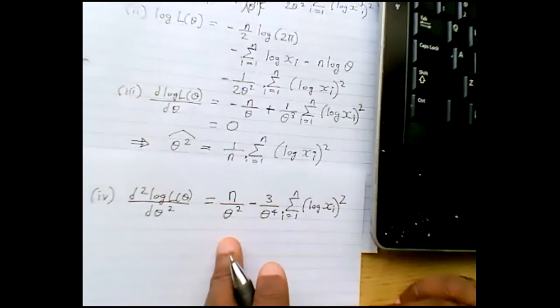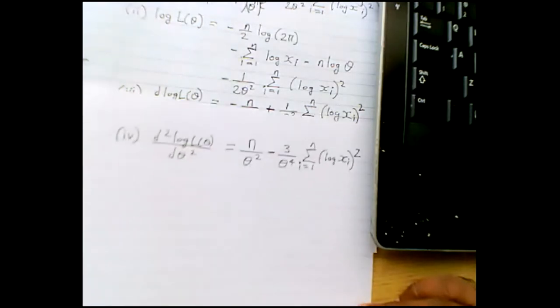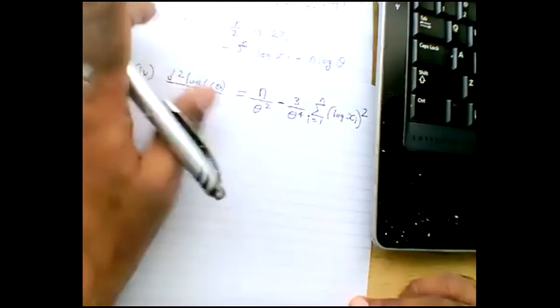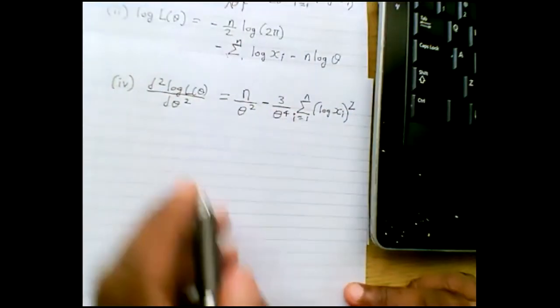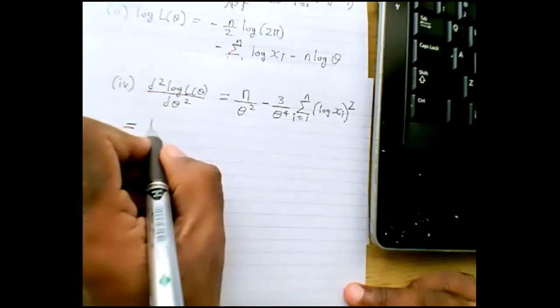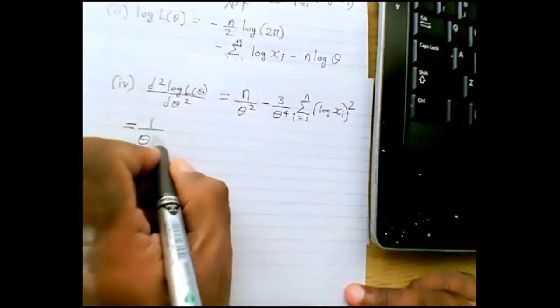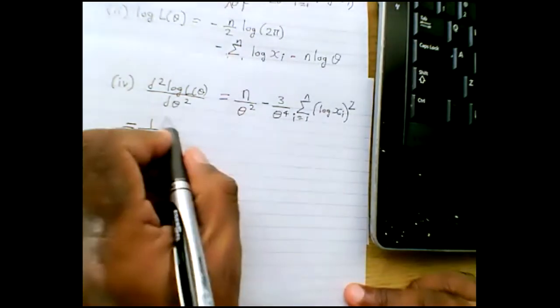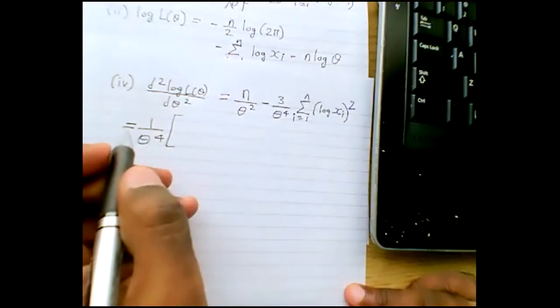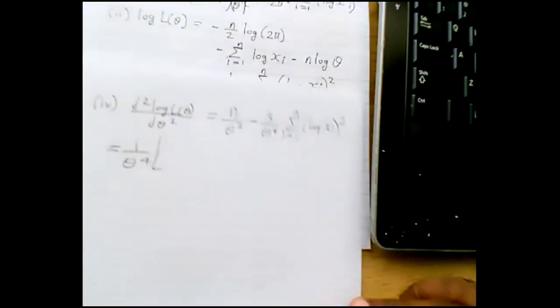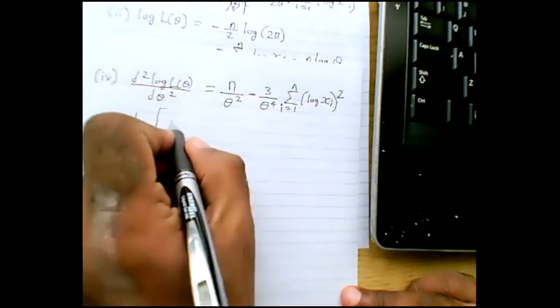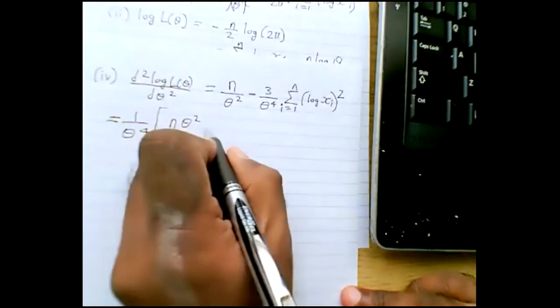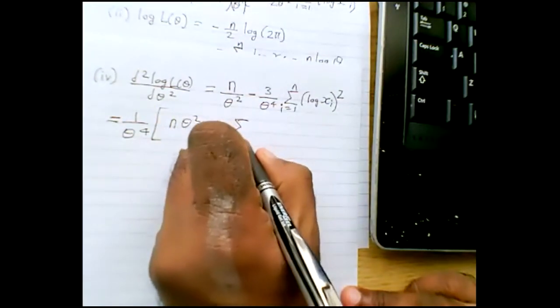All right. I mean, there are several ways you can do this. One way is as follows. I'm going to pull out this as a common factor. So you get n theta squared here minus 3